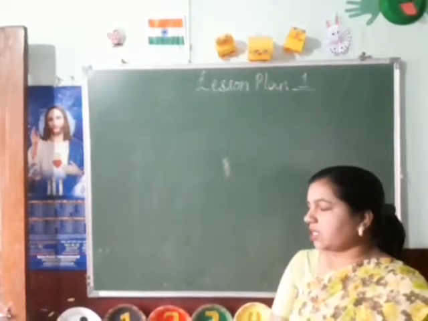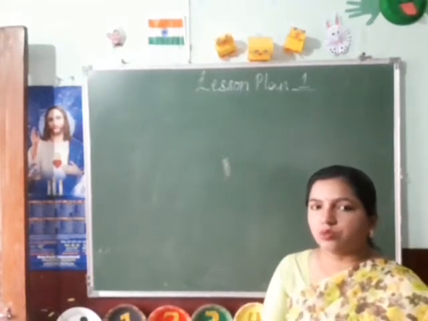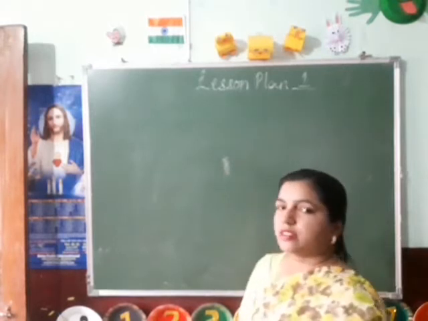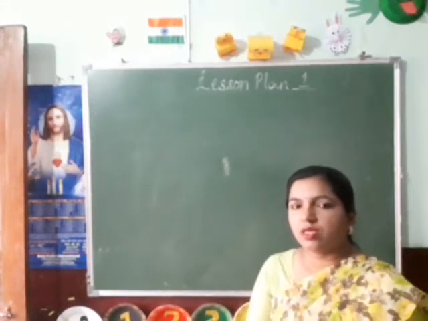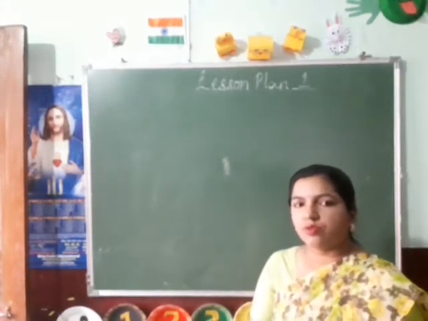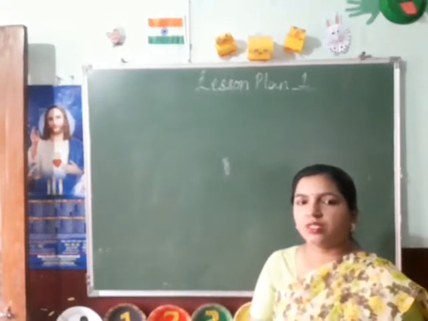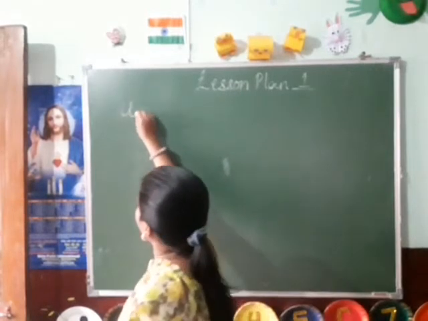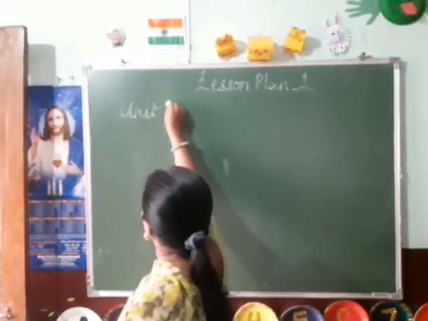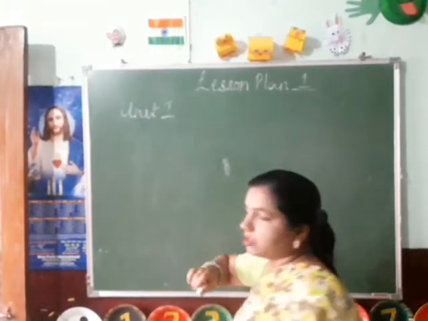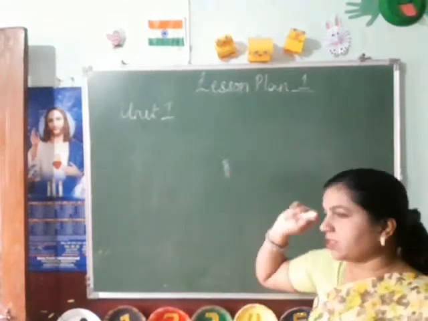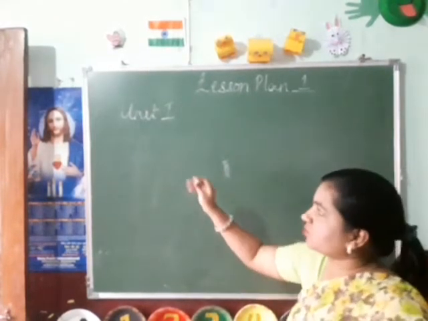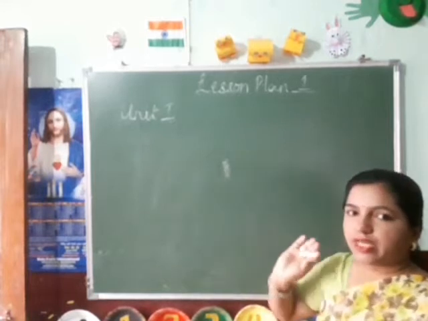Now today we will start with how to present these units. Suppose we are having 2 units. In a prose generally we have 2 units and the poetry is generally done with 1 unit. So today we will start with unit 1. Now you write the heading unit 1. And after that, we have to divide our page into 5 columns.